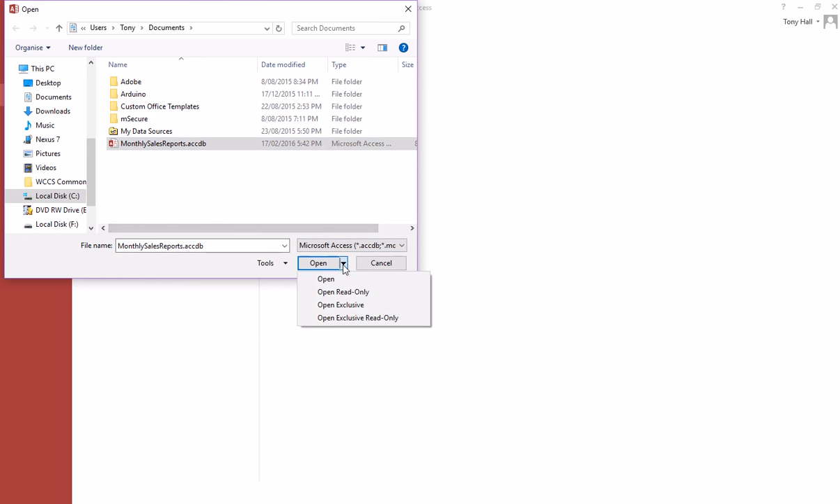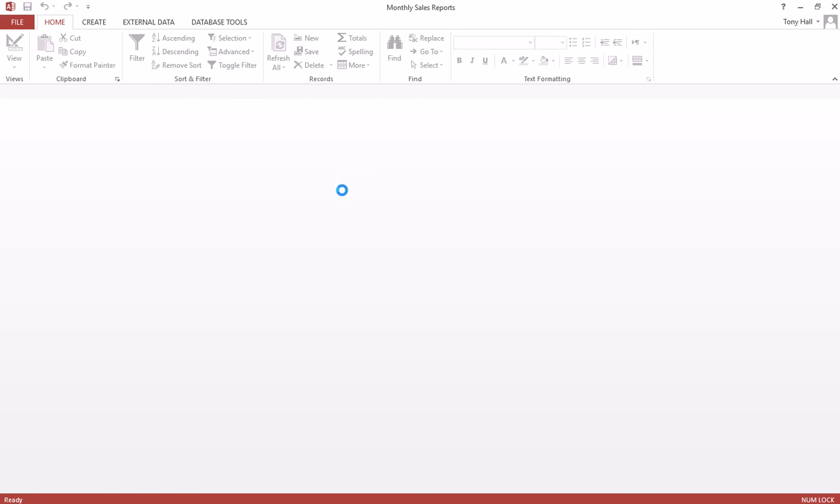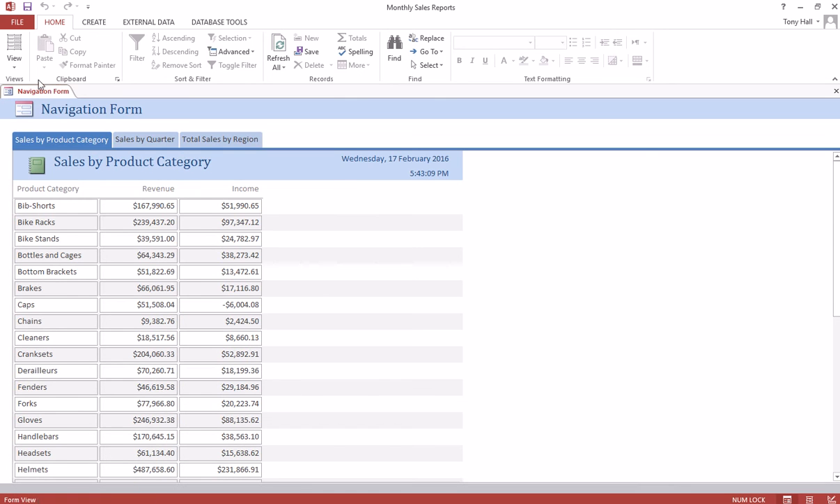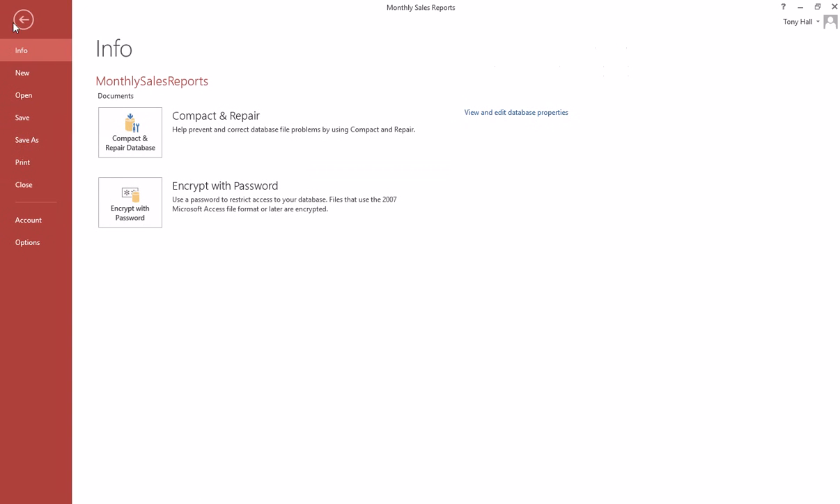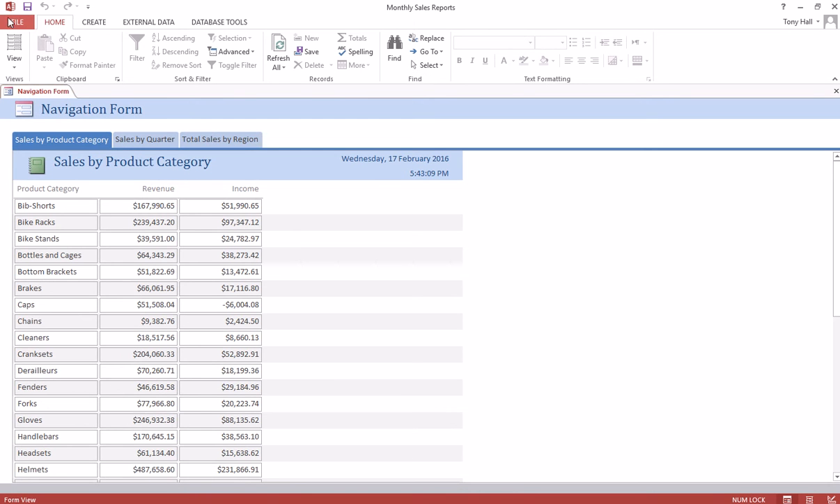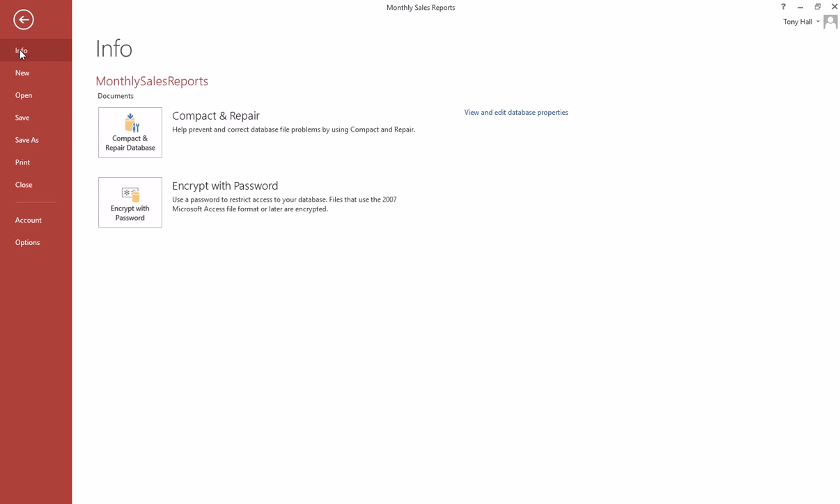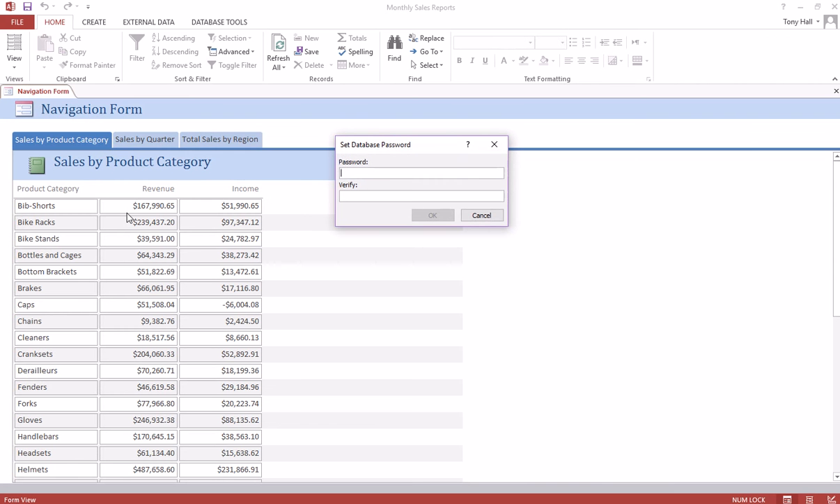And when you go in here, you can choose to open it exclusively, and so that means that no one else is able to edit the database at the same time as yourself, which means the data won't change. When you open it exclusively, you're the only person having access to the database, and so that means that you can add encryption and you can add other options. So I've gone into the file menu, and then I've gone to the info options, and you can see there's an option here to now encrypt my database with a password. I simply enter in my password and verify it, say OK,